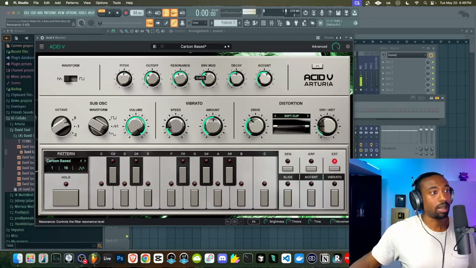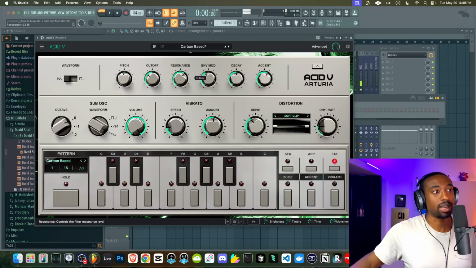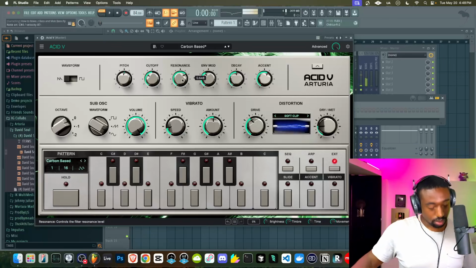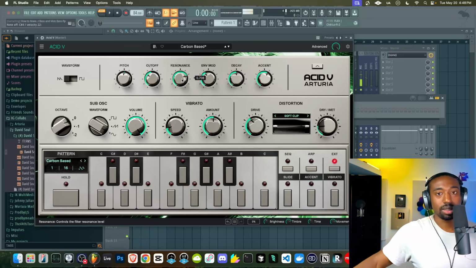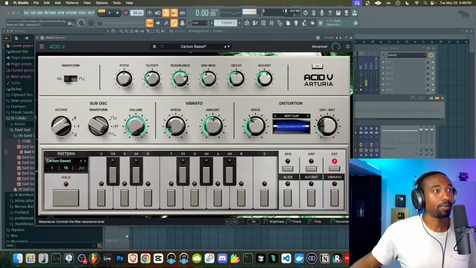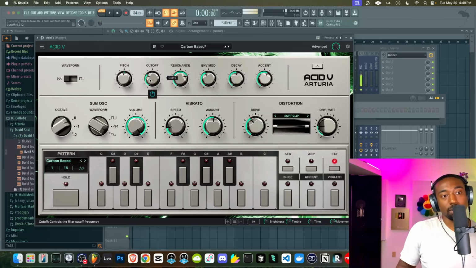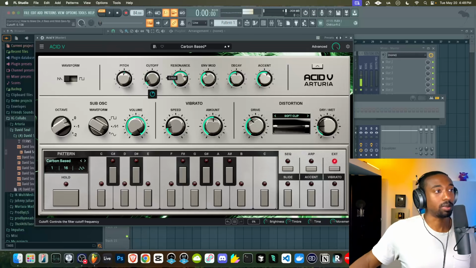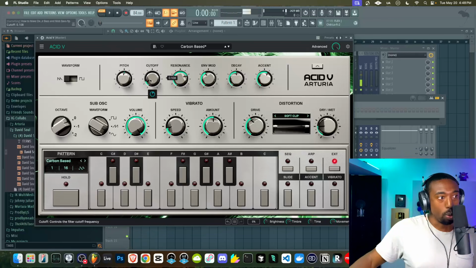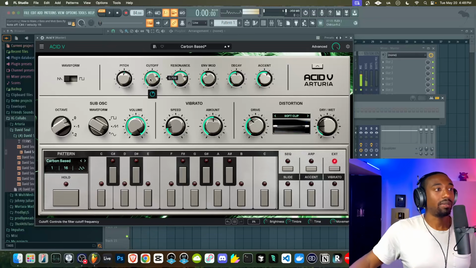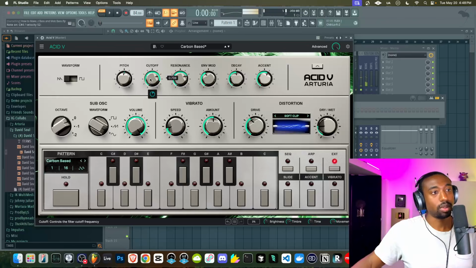So let's turn it all the way down. Let's turn the resonance down. Now, resonance is what gives it that TB303 sound. And you can do this with other synths, but this synth is built for this sound. And the cutoff frequency determines the minimum value for the cutoff. So if we lower this, we're going to get it go boom, boom. It's going to go lower and lower. If I have this higher, it's not going to go all the way down to our West Coast type sound.